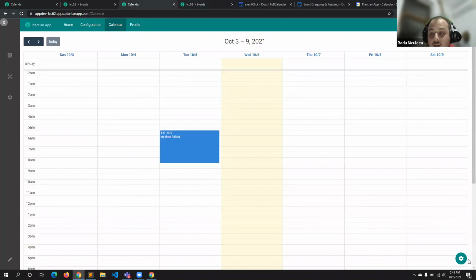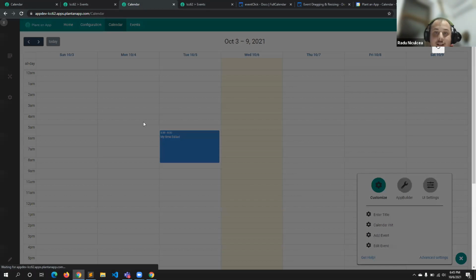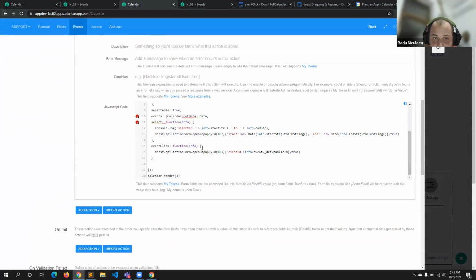So to do that, I will need to go back to the calendar settings in the initialization of the calendar and say something like this. Each time I click on an event in the calendar, I want to save that event, so whenever I do the modifications, I want to update that event.